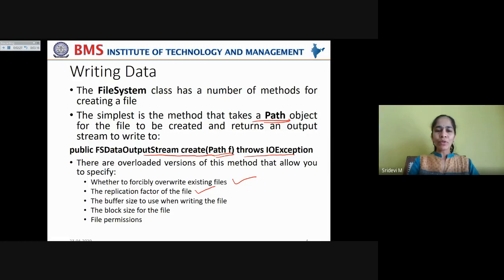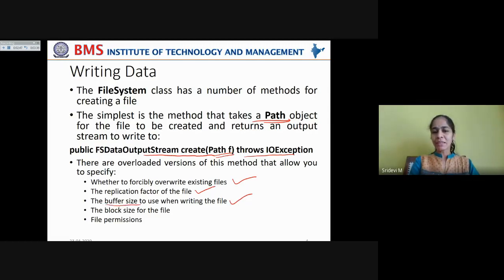If that file is frequently accessed, in order to provide shared access to the file, you can create more copies of it by increasing the replication factor. And the buffer size to use when writing the file.